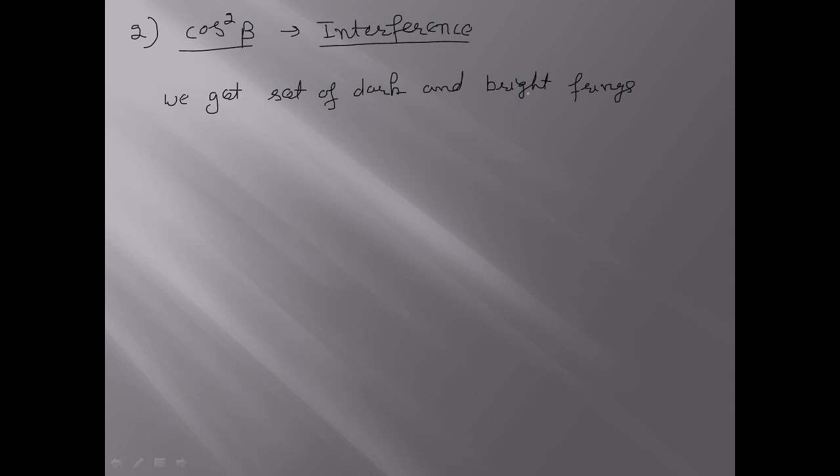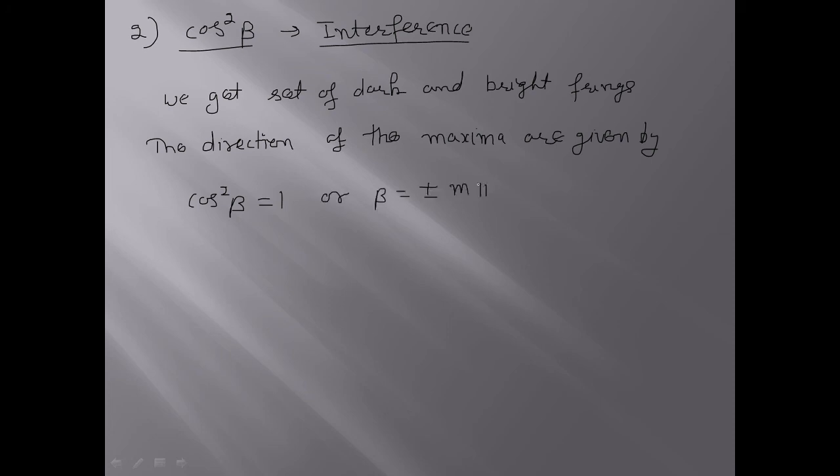The directions of the maxima are given by cos square beta is equal to 1, and this value is equal to 1 for beta equal to plus minus m pi,